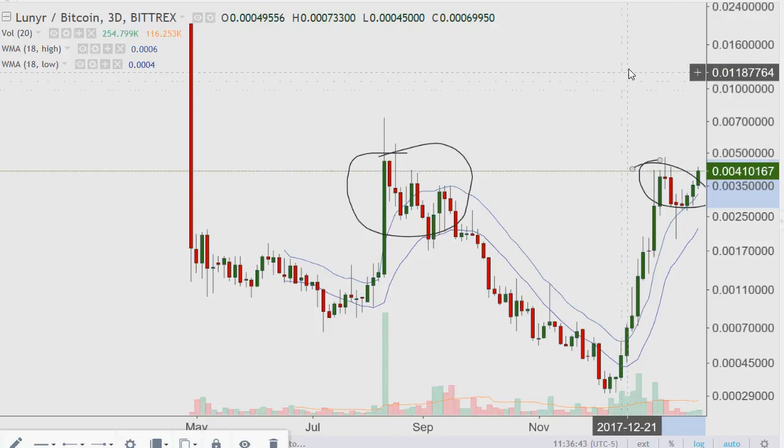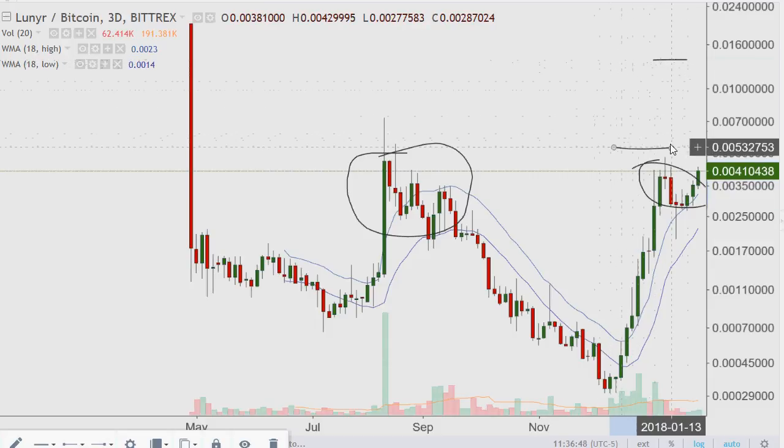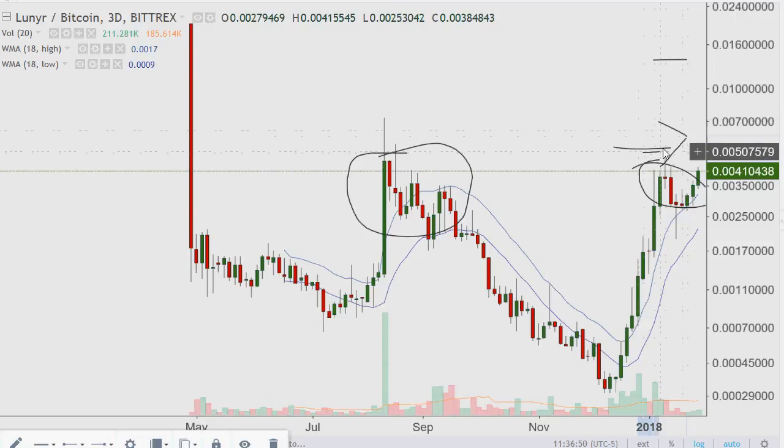I would think it could have some very decent gains, but again, just like Bancor, I would want to see this thing get above here because the risk reward for something of this nature is pretty high. Pretty high, but I do like how it looks. Just if it fails, I mean,